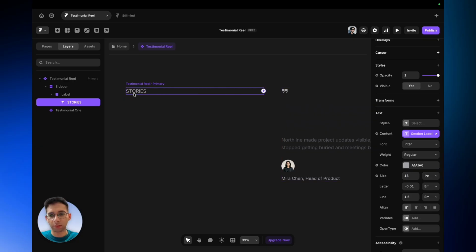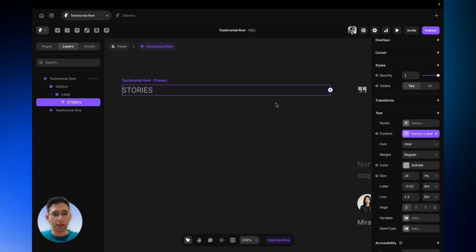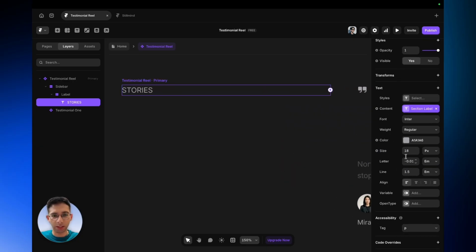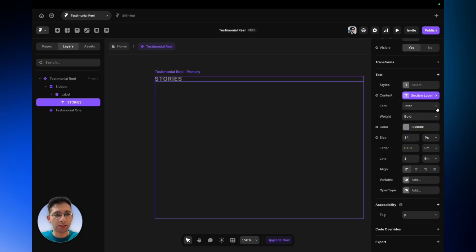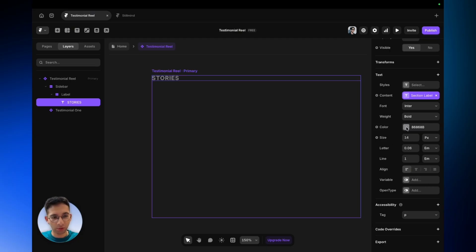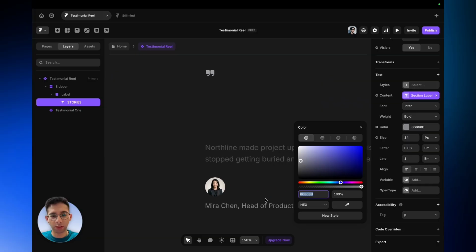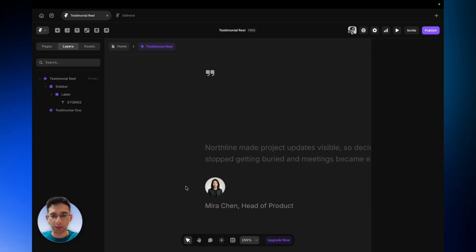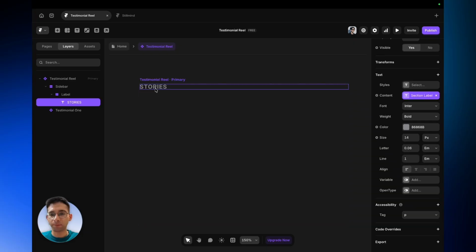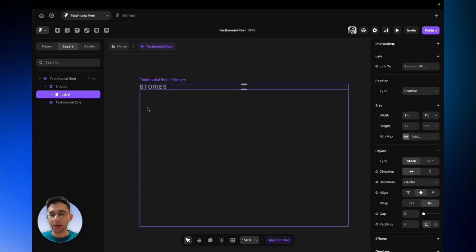Let's do left align, and let's adjust a couple more settings here. Okay, so I've just adjusted the text settings for this stories label, the section introduction. And the color that I chose for this one right over here, I've now used the same one for the customer title as well. I think that suited it more. So yeah, this is the label, and then we need a stack that is going to introduce this